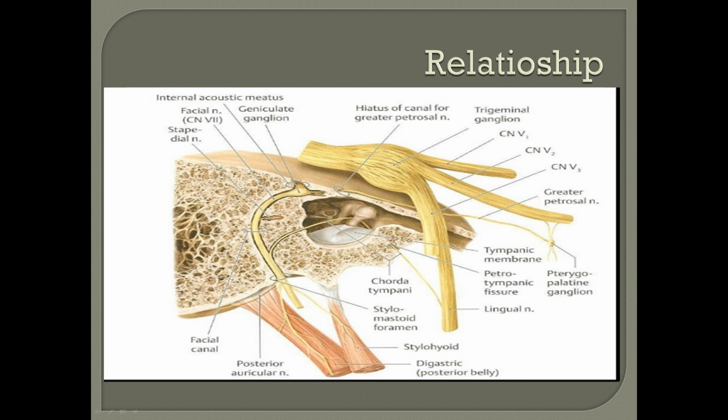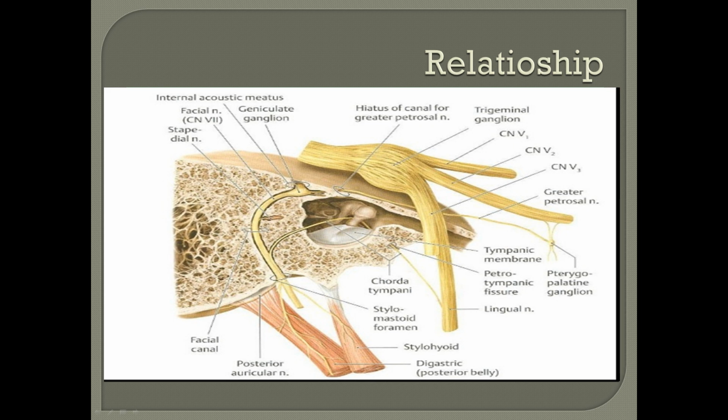Now we have to be a little versed with the relationship of this facial nerve. You can see from this diagram, this is the labyrinthine segment, this is the first genu, then the greater superficial petrosal nerve, this is the horizontal part, second genu, and then this is the vertical part. So this one has a relation, as I told you already, the horizontal part has a relation with the medial wall of the middle ear cavity.